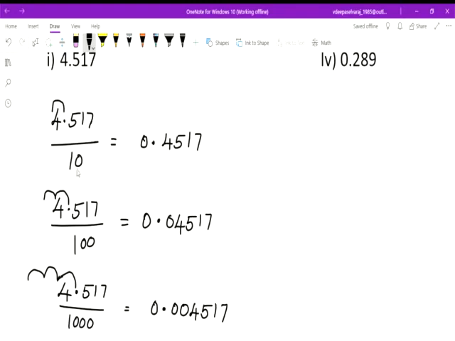When we divide by 10, the decimal places shift 1 place to the left. When we divide by 100, the decimal places shift 2 places to the left. When we divide by 1000, the decimal point shifts 3 places to the left side. So here there is no digit in that place, so you should add it. Now do you understand, children? Now the decimal is here, it moves 1, 2, 3. Do you understand? Actually the decimal will be there only, okay? So 1, 2, 3. Do you understand, children? See the next question.